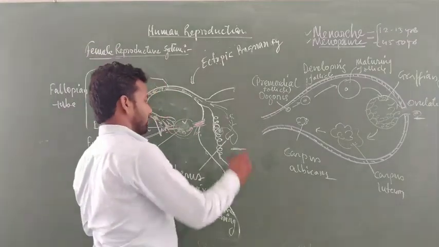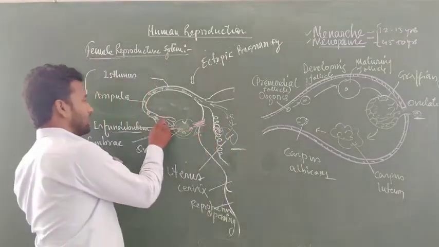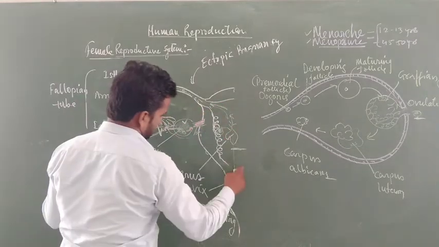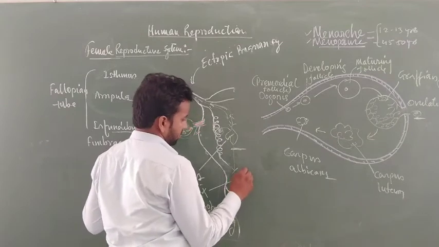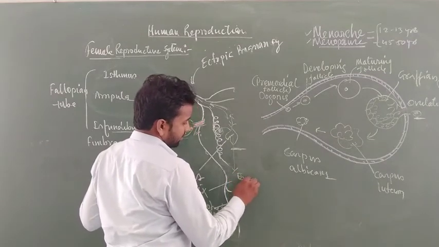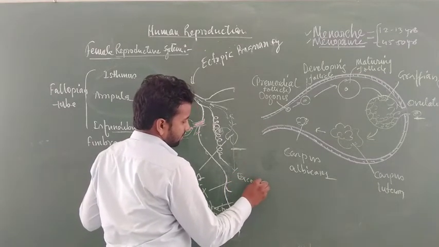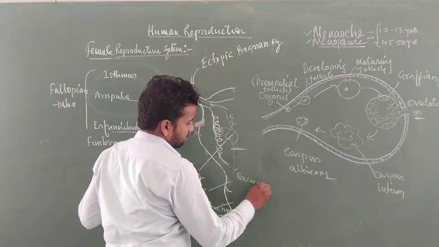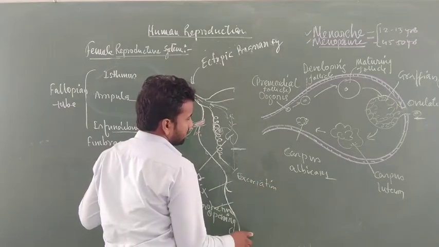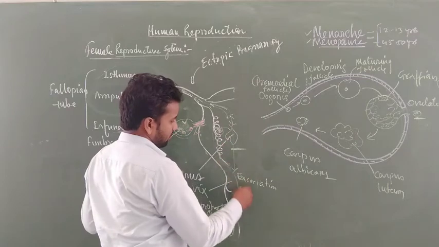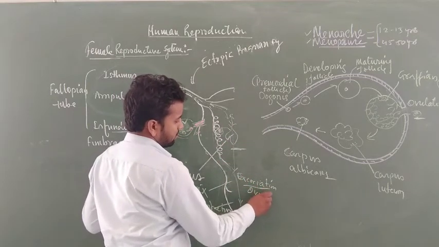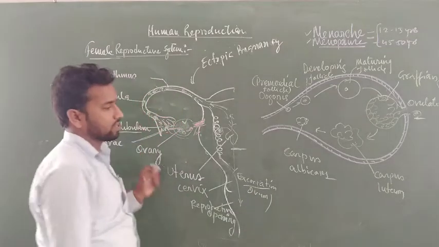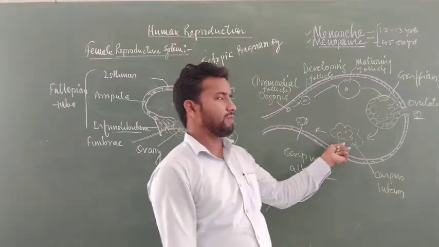Now if the released egg is not going to be fertilized, it again comes outside from the uterus by excoriation of the uterine wall. The wall degrades and comes outside in the form of blood, through which the ovum comes outside from the body. And in these situations, the corpus luteum is not formed.